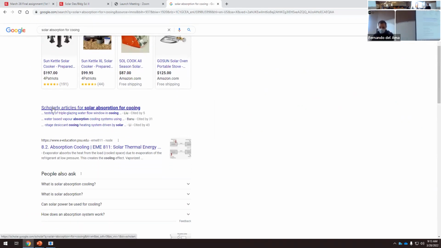Okay, so you will find a lot of scientific articles, but you won't find a lot of examples. There are examples, and I know architects that have used these devices, and they all told me that they will never use this system again, because it's very expensive, it's very complicated, and it works, but it's too expensive. Basically, they have to heat up water almost to the boiling point, and then they can use this energy. There's a device that can extract that energy, and they can turn this energy into something that cools down the